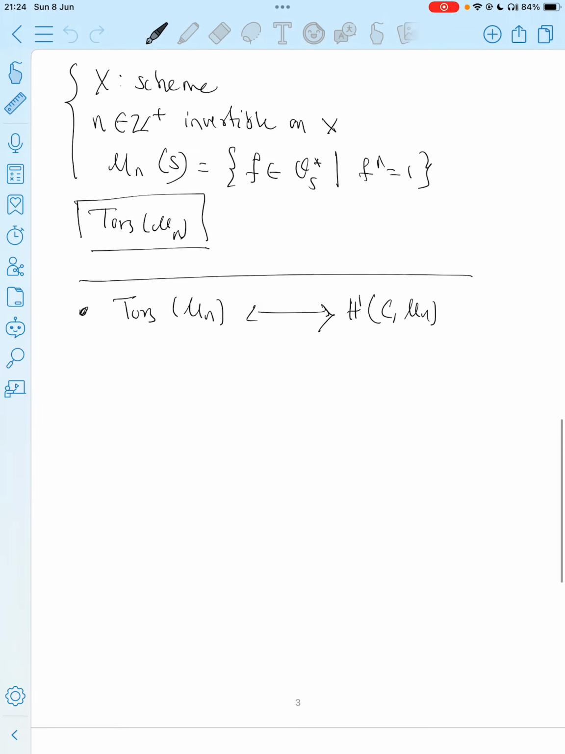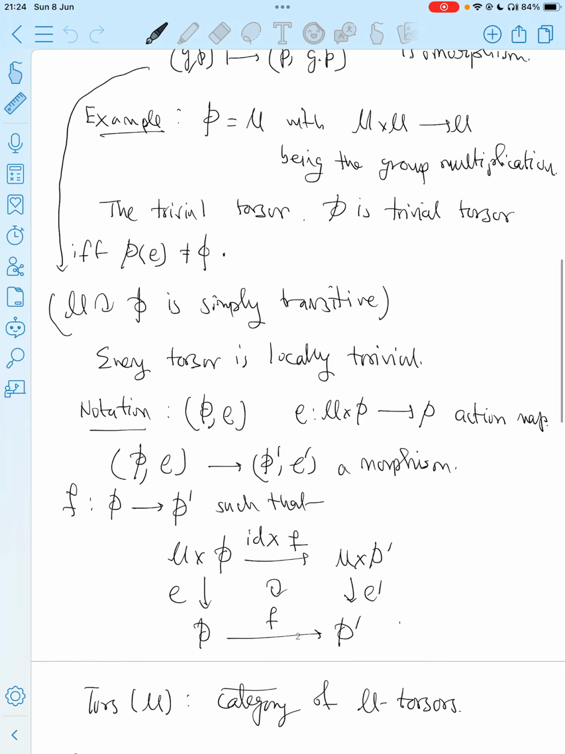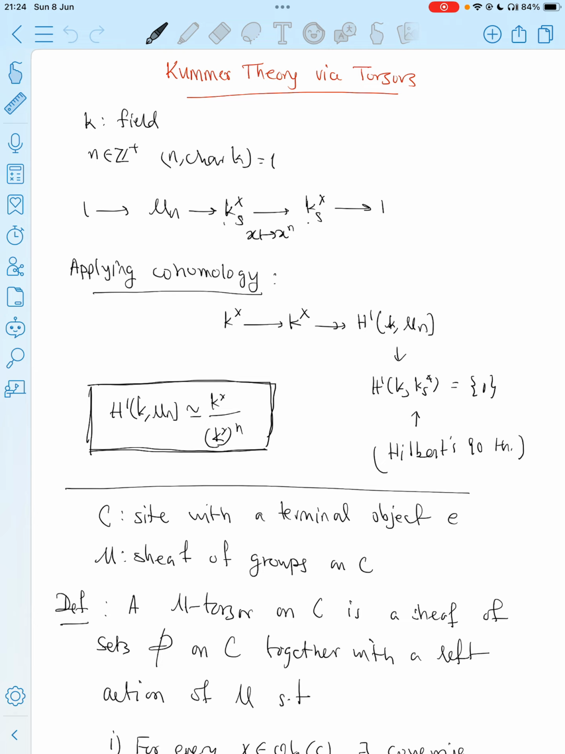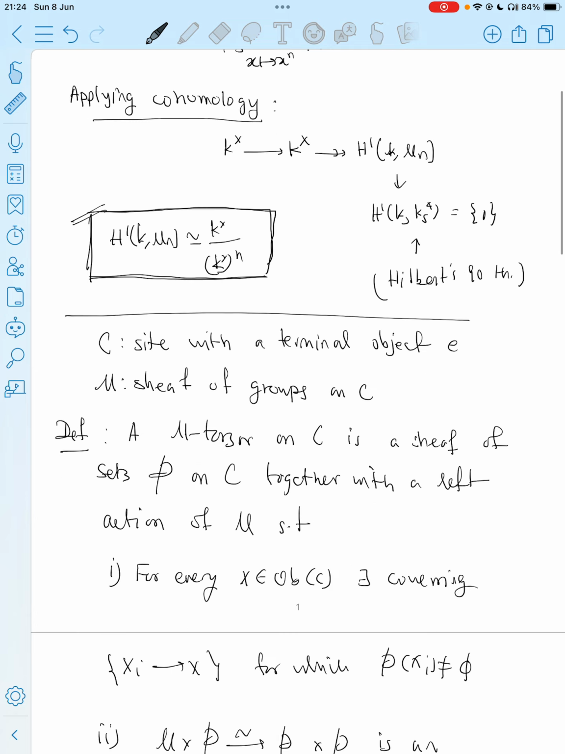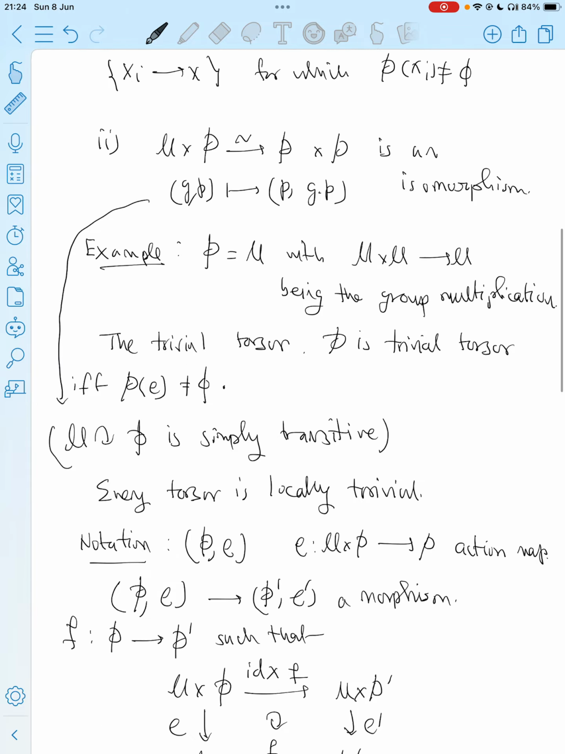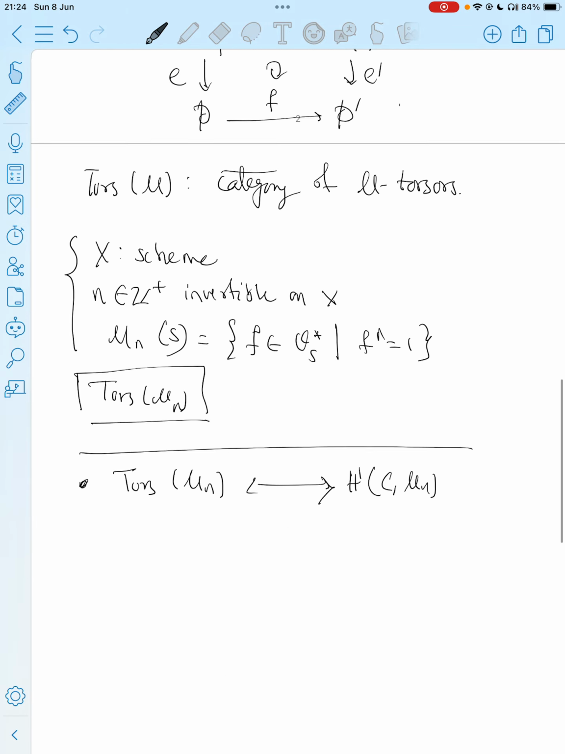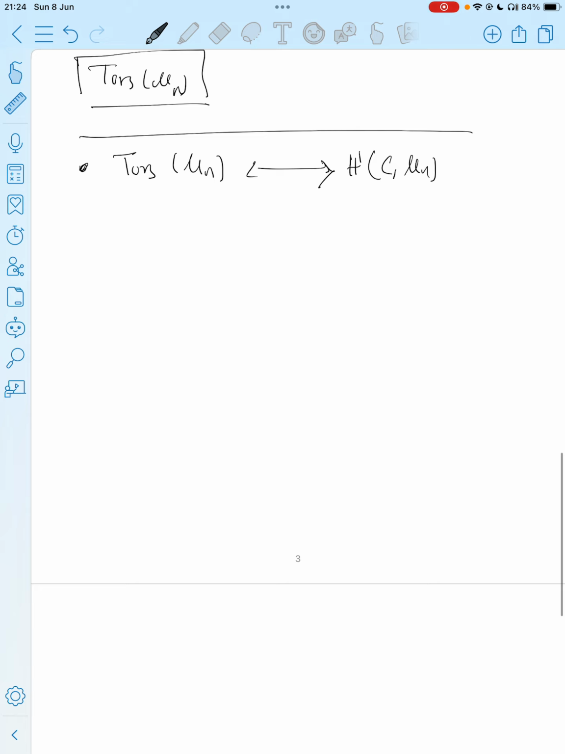So we wanted to establish the bijection between the two sets, right? So we wanted to establish this thing by torsors. Last time we talked about what a torsor is, and so the plan is to first establish the bijection between